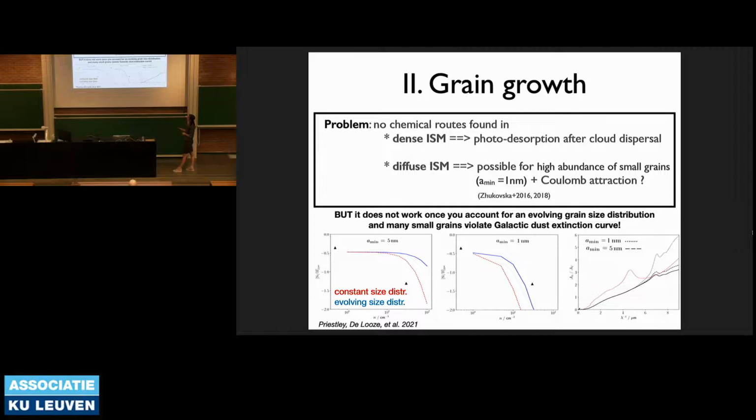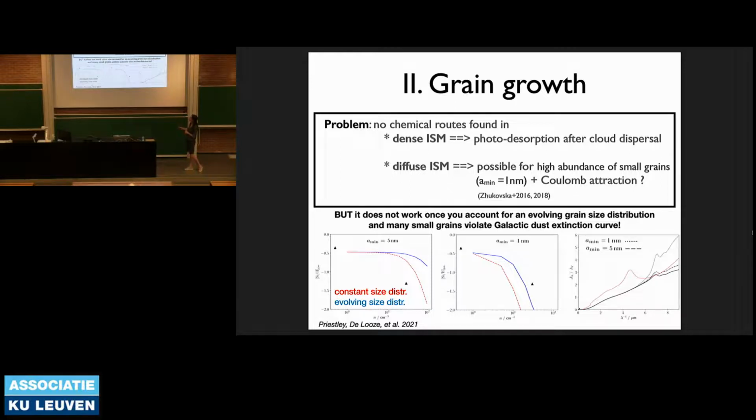And what they actually did is, as you can see here, they extended their grain size distribution to somewhat smaller grains, but they actually never accounted for an evolving size distribution. They just assumed that their size distribution is going to stay constant, but of course, if you're growing your smaller grains bigger, it's actually continuously going to shift, and you need to be able to replenish your small grains. And that wasn't considered. And as soon as you start considering that, so this is actually the normal size distribution that we all typically use, the MRN distribution. This is where you go to somewhat smaller grains, then indeed you can actually reproduce. As you can see, you can reproduce it, but it's actually unphysical.